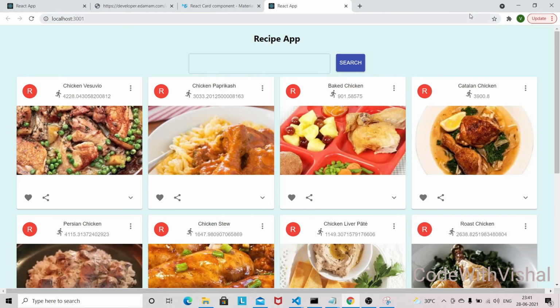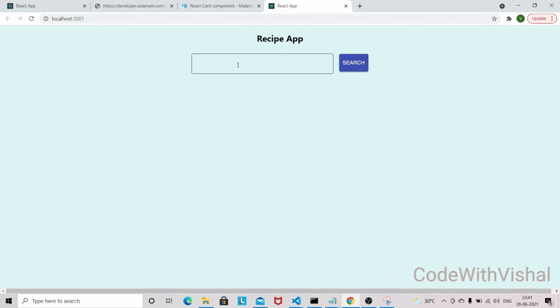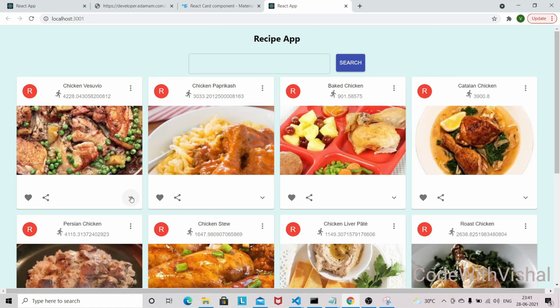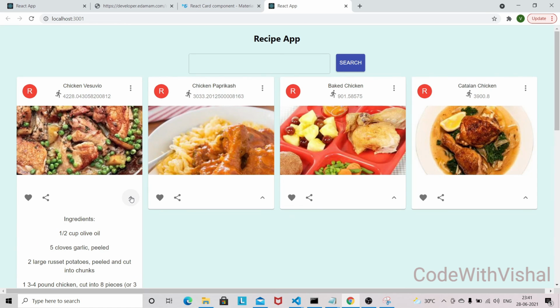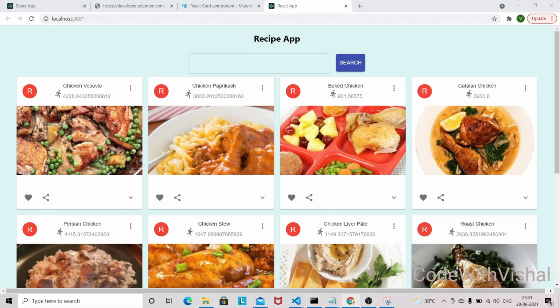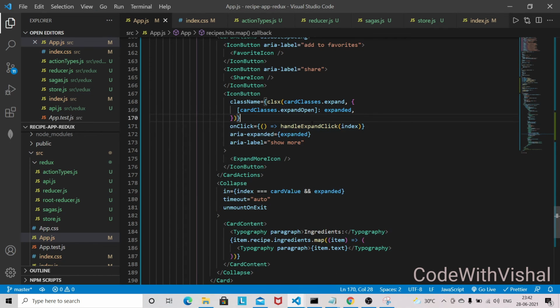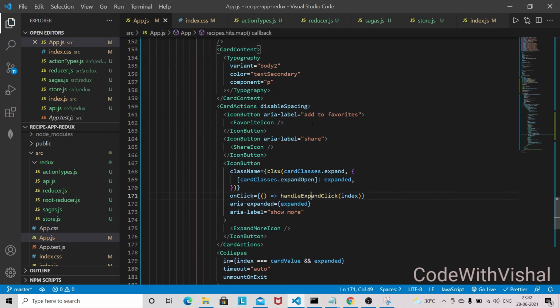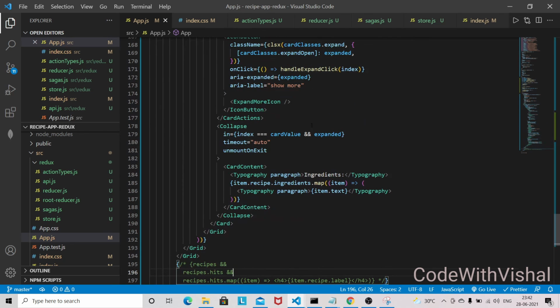Now let's go into the browser and just close this one, and now let's click on this one. So now the collapse is working, and you can also give a variant here. So let's give a proper variant to the heading. Where we have used it, we can give a variant here.